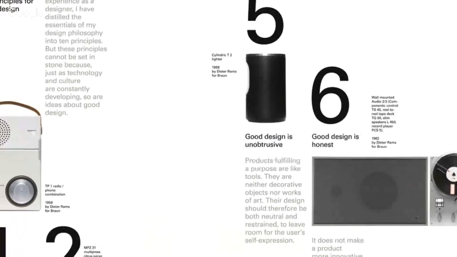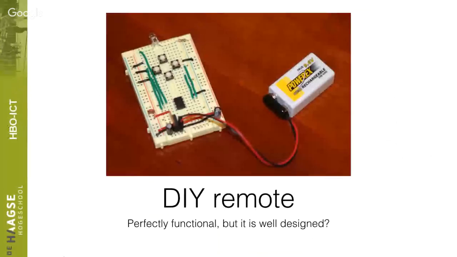So good design is unobtrusive. An example of a design that gets in your way when doing things is this remote. This remote is fully functional, so you can actually use it to operate your device, but you can see that if you actually try to use it, it kind of gets in your way. And an example I also always mention is